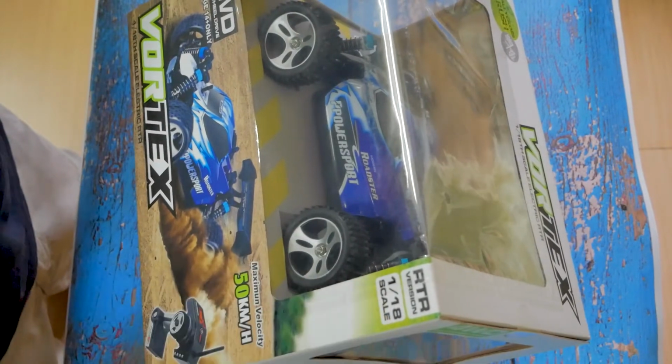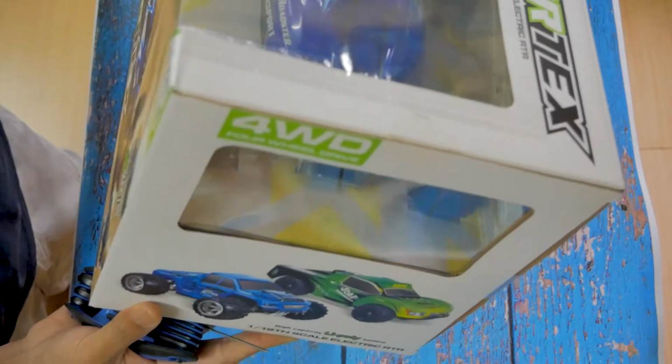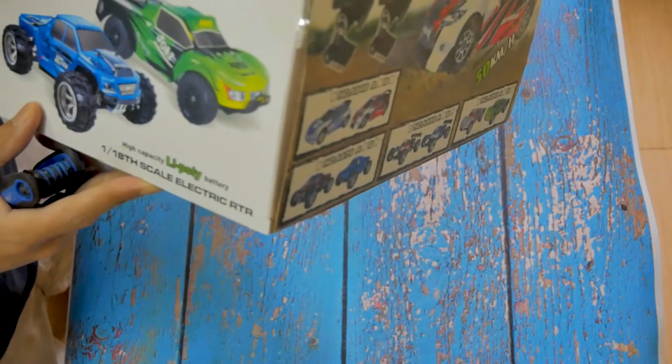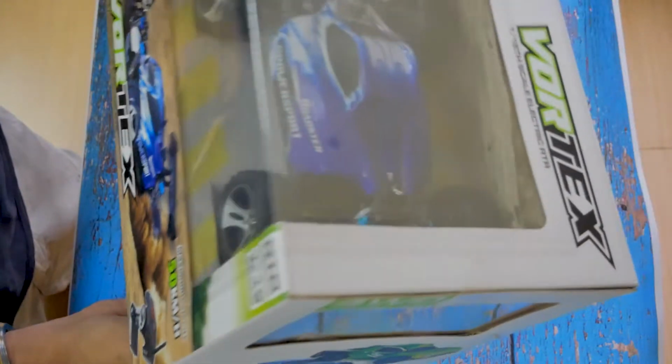This is a 1/18 scale, ready to run version. So all you need is some batteries for your remote and charge the battery of the car, and you can just take it for a spin. This one here is the buggy version, I believe, and I think